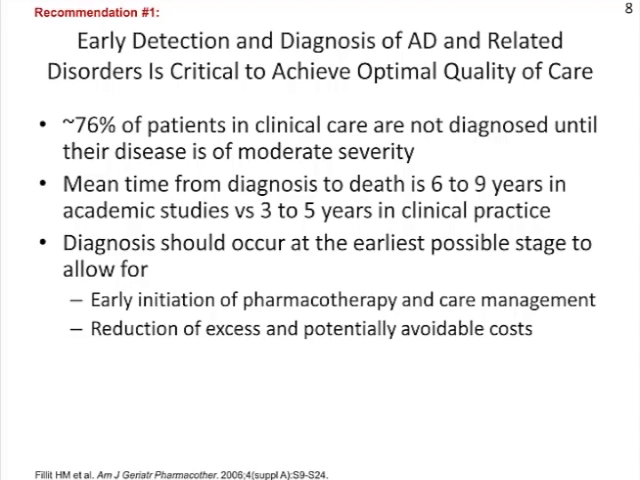And you can see in this next point, the diagnosis to death, in an academic setting where the diagnosis is made earlier, patients from the time that you're diagnosed to the time that they pass away is 6 to 9 years. In most clinical practices, it's only 3 to 5 years, and again, that's because the diagnosis is often delayed. And again, the recommendation is that diagnosis occur as early as possible. And as we get treatments that can affect